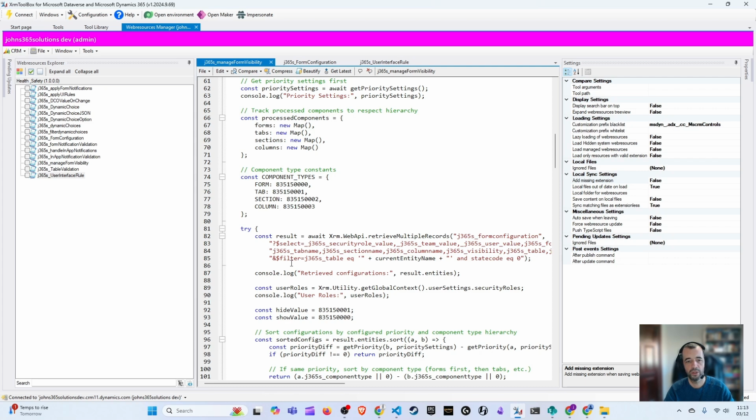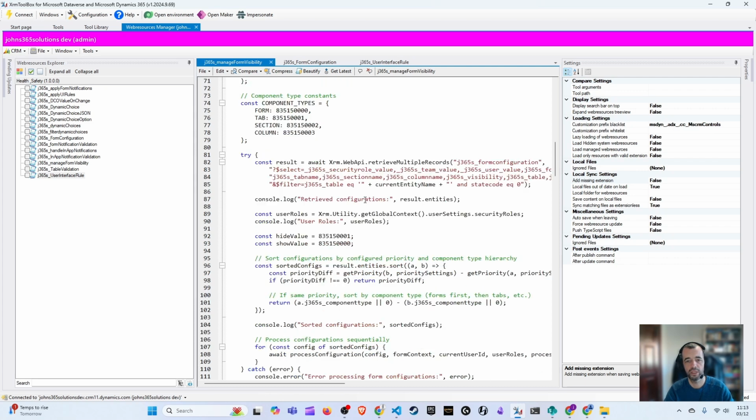Then moving into the main part of the code, which is the retrieval of the records from form configuration. And if you've seen any of the other videos, you'll know that it's Xrm.WebApi.retrieveMultipleRecords. So bring me back all the records in form configuration for the table that we're on, for example, enforcement action, where they're active. So state code equals 0 means bring me back the active records. That's why I was able to use those inactive records and make them active to make things happen. Then I'm getting the security rules,